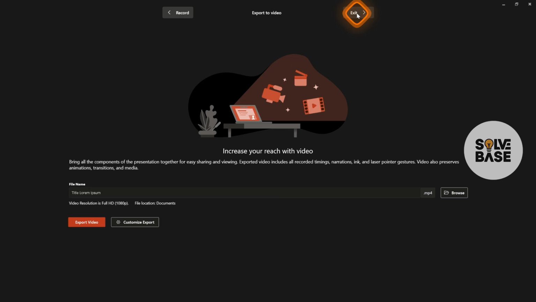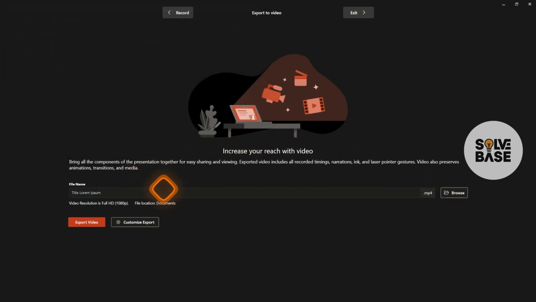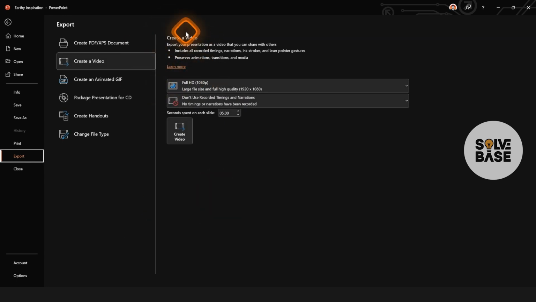you over to this page where you can just give a file name and it's going to export a .mp4 file. You can browse where you want to save it. And then you've also got the customize export. So it's going to take you over to this page, which is export, create a video, and you can customize